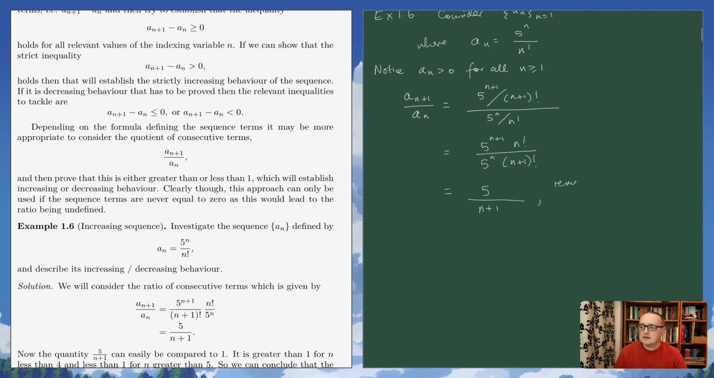Remember, the definition of a factorial: n factorial is n times n minus 1 times n minus 2, the product of all the positive integers down to 1. So n+1 factorial is almost the same, it's just you've got an extra factor of n+1 at the beginning. So all the factors in n factorial cancel out with the same factors in n+1 factorial, leaving just the quantity n+1. And comparing to 1 now,